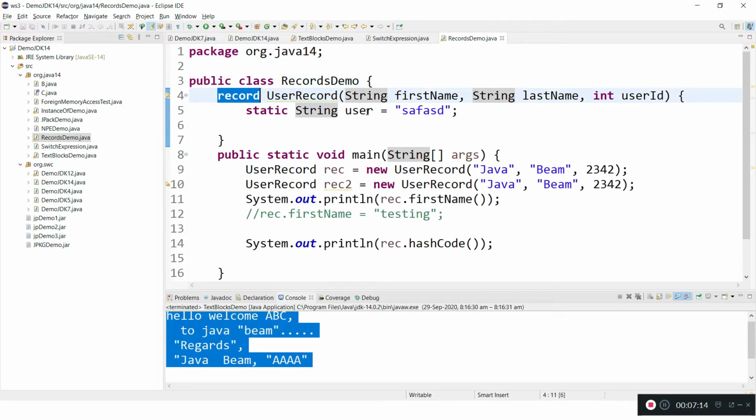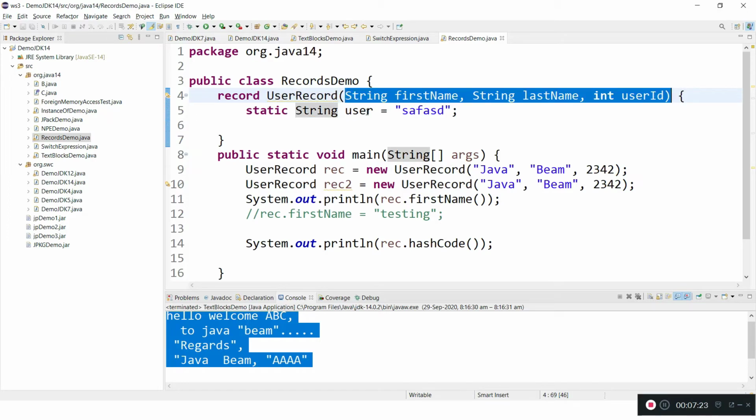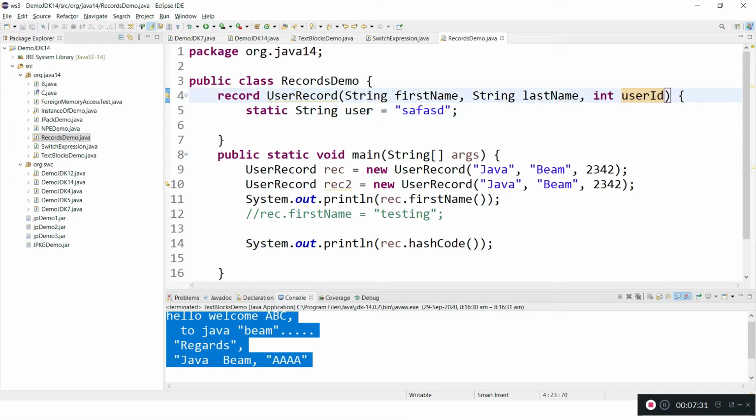We have to use the record keyword, and this is the record name or class name. Whatever data you want to use inside a record as an immutable object you can pass. All these fields are by default final, and even the record class is also final. You no need to write a constructor, and you no need to write equals and hashCode. All things will be taken care of by the Java compiler. When you compile this code, the Java compiler will create all this by default for us, and even it will implement hashCode and equals. See, I have created two records.